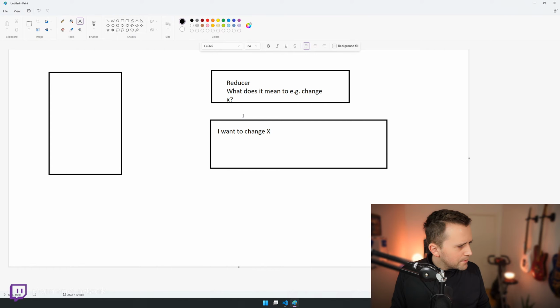Whenever you want to change something in Redux, you dispatch some action, and then in the reducer you define, hey, what does it mean to change X? Well, it means to set the X to a new value. So I'm not sure what is the value of you saying it takes text. Who cares what it takes? A function can take anything, right? Functions take a million different types of arguments. So I'm not quite sure when you say it takes a string. Why does it matter? This string, you need it to describe the action identity, right?